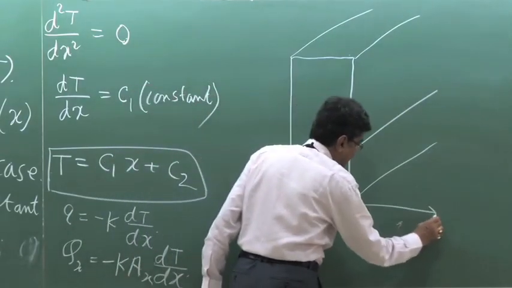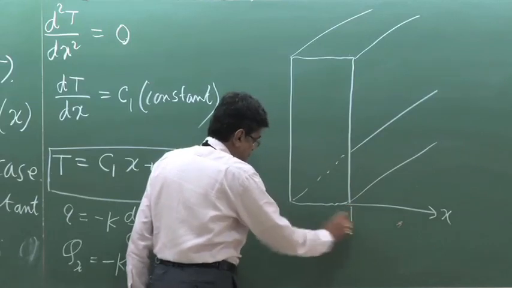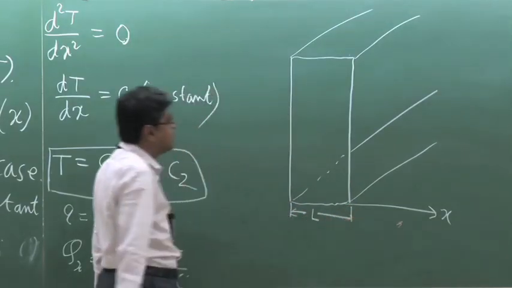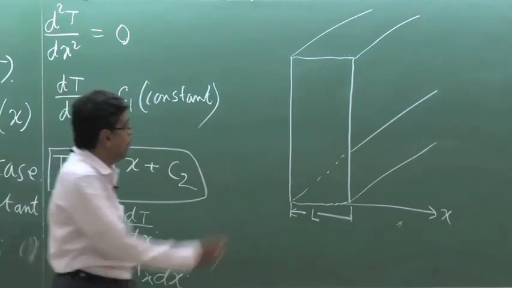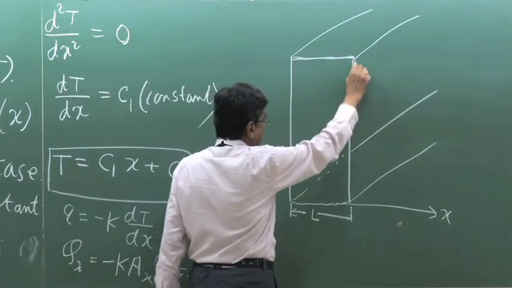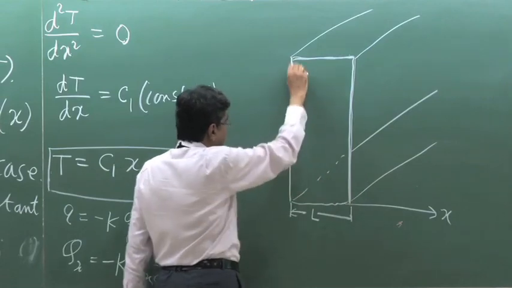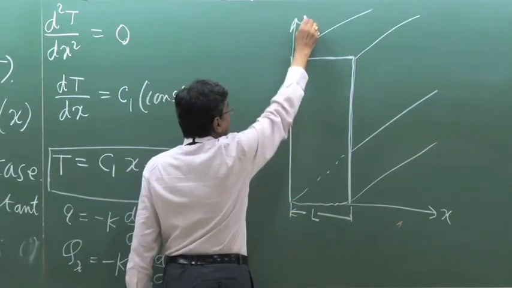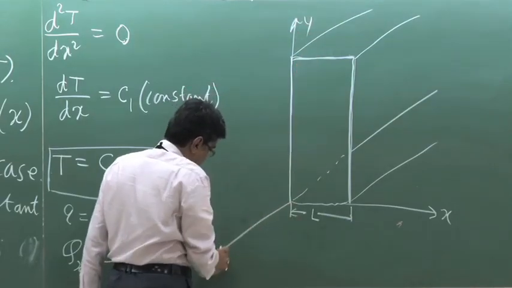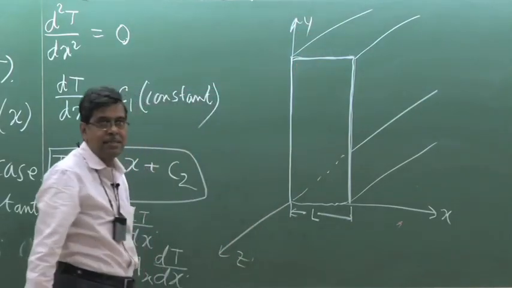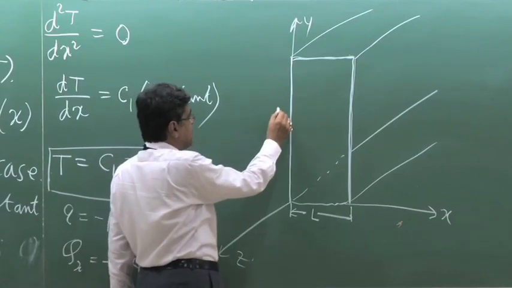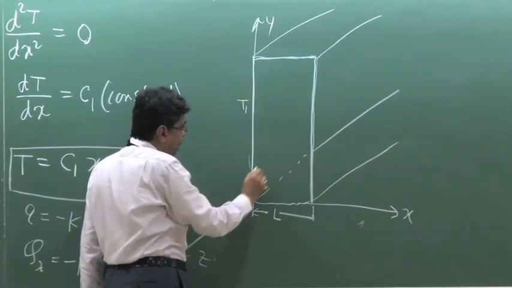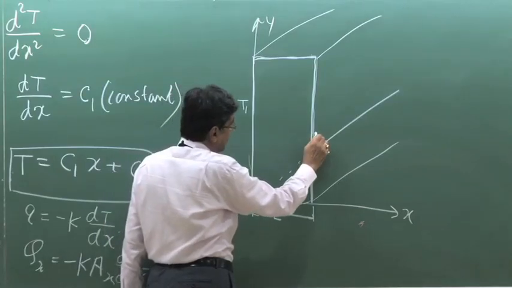We consider this as x and specify the geometry as the length L of this wall, whose dimensions in the other directions, that means the y and z directions, are much higher than this length. And we specify the temperatures at this surface as constant T1 and at this surface as constant T2,